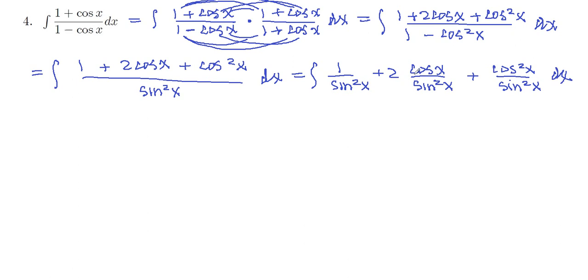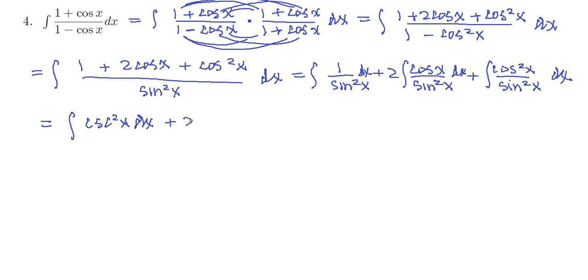We can integrate piece by piece, so integrate the first function, integrate the second, integrate the third. This will be dx, dx, and dx. And then 1 over sine squared, so let's see, 1 over sine is cosecant. Cosecant is 1 over sine. So we're really doing the integral of cosecant squared x dx